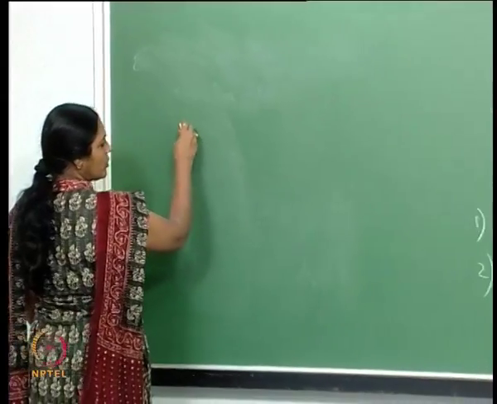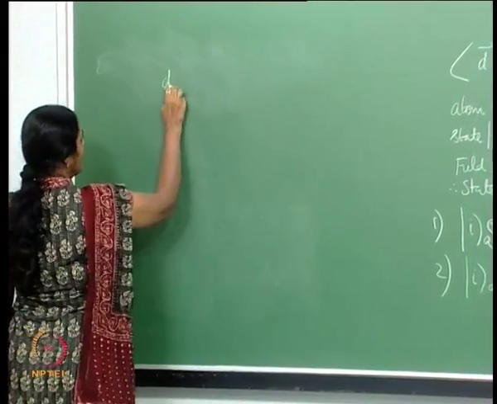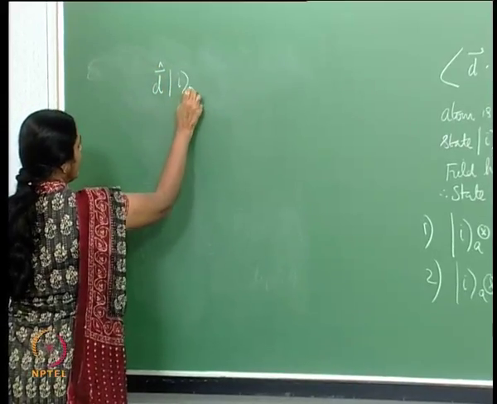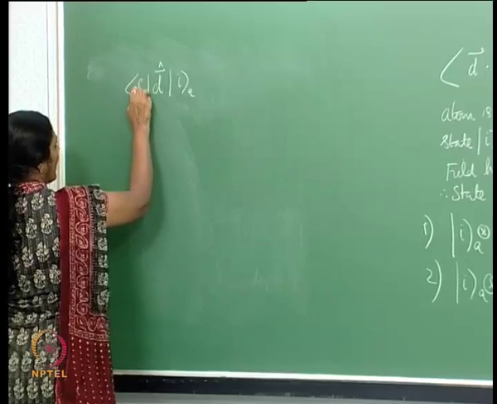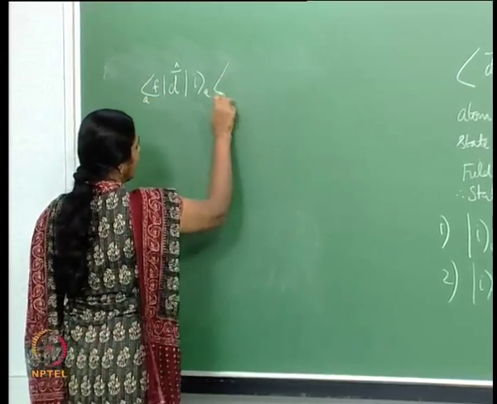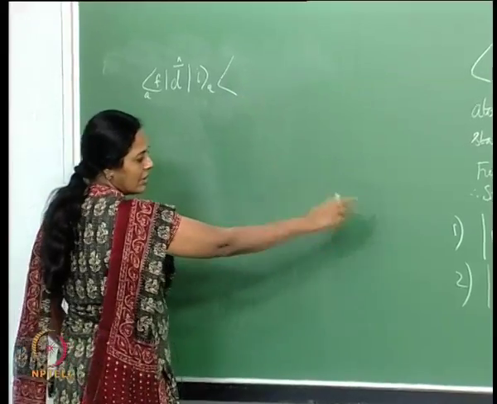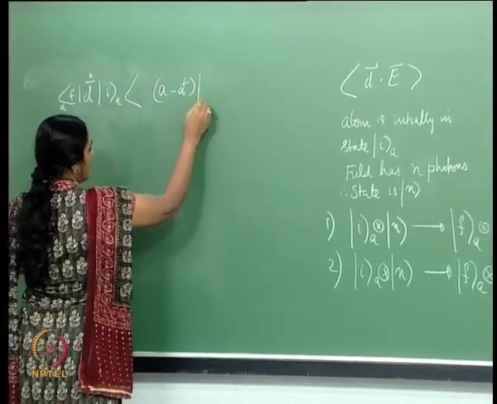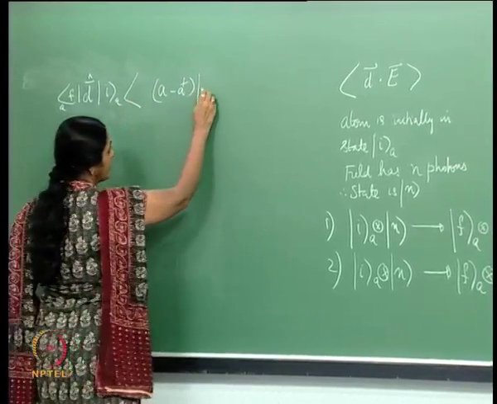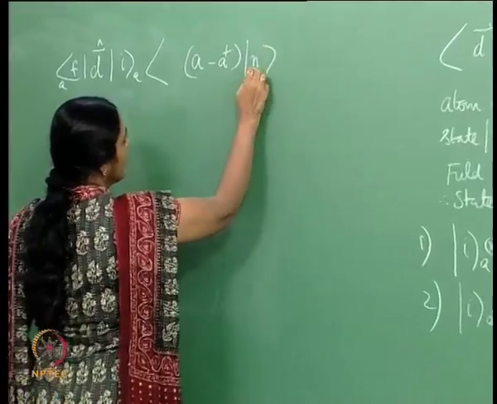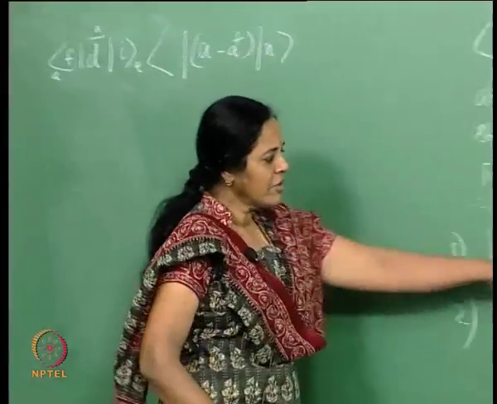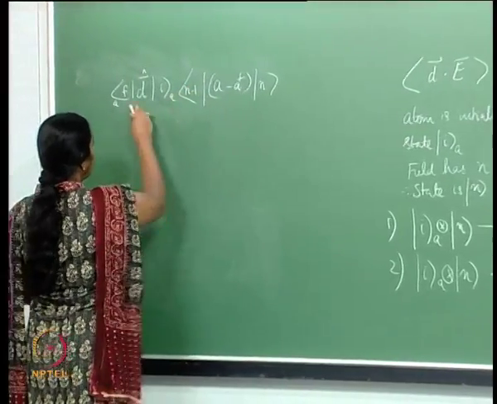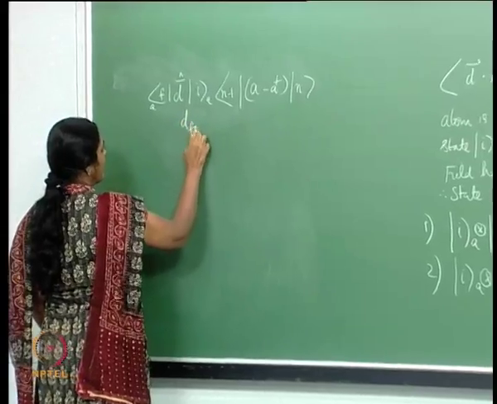How do I go from one to the other? The matrix element is essentially the atomic dipole operator taking an initial state I of the atom to a final state F, and then of course, I have a matrix element which is essentially A minus A dagger coming from the electric field, taking me from an initial state n in the first case to a final state n minus 1. Let me call this the matrix element dFi,